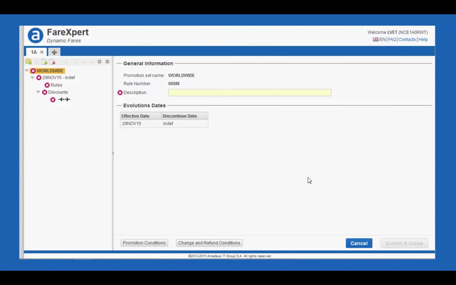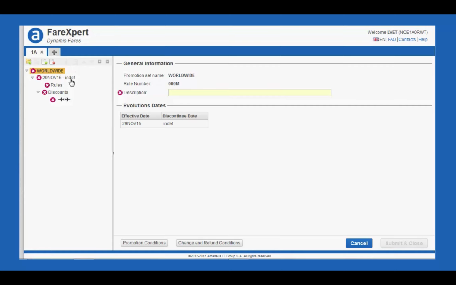A main panel, where you file the different conditions, a tree manager to help you to have a global view on your discounted deals and promotion sets, some facilitation functions to help you to be more efficient, such as copy-paste or duplicate functions. If we look at the tree manager, we have access to the promotion set structure.